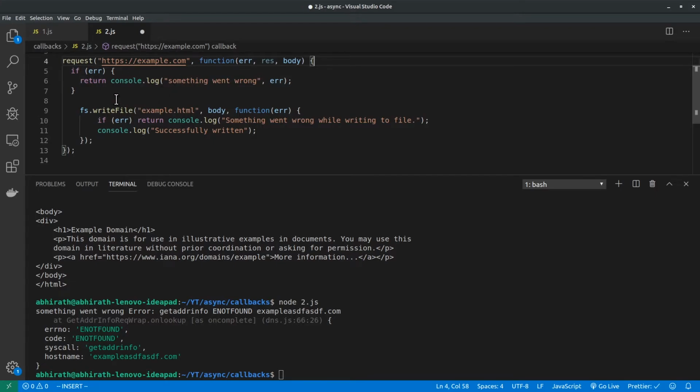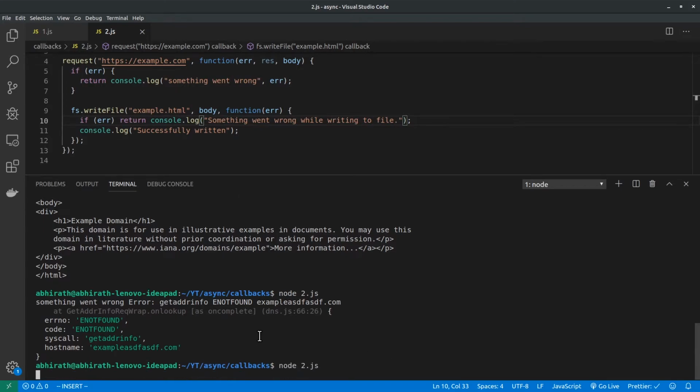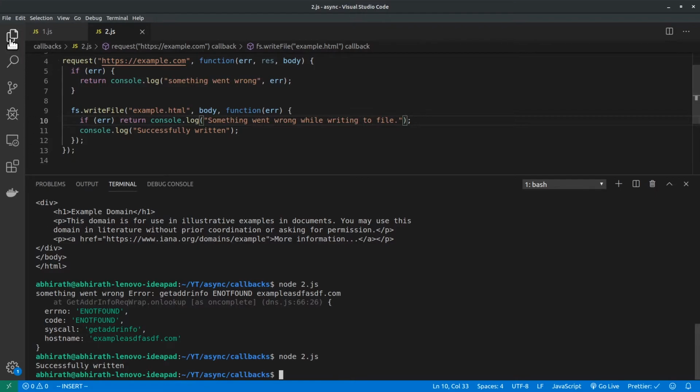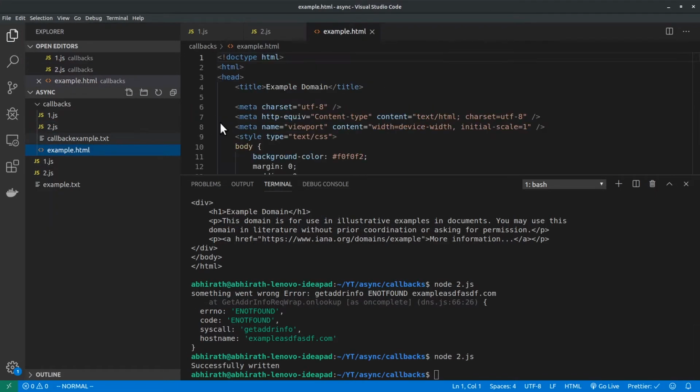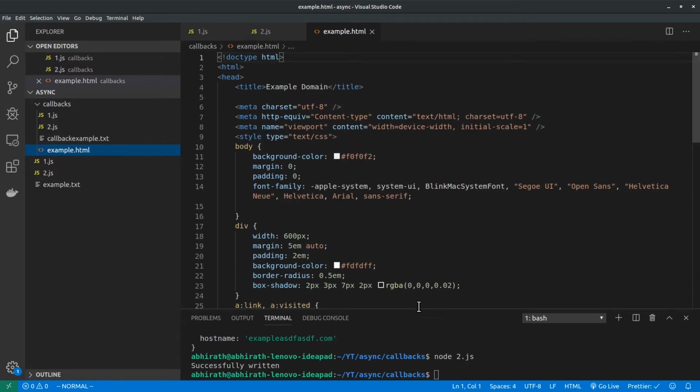After the network call has been made, we go inside this and write to a file called example.html. We write the body. Let's try out our code. And we get successfully written. Let us check it, and we have example.html with example.com's HTML.